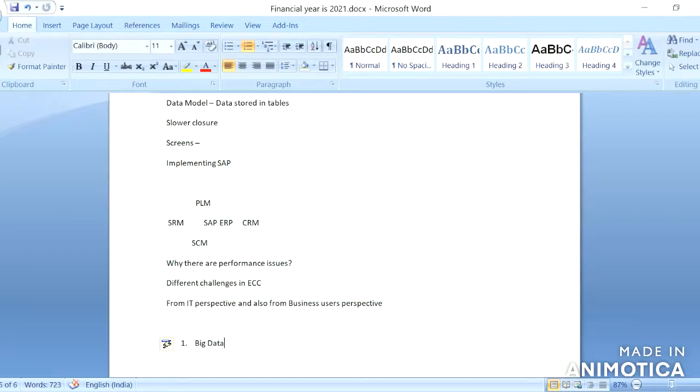Likewise, even in SAP, we know day by day how much data is getting accumulated with the transactions which are getting posted. That too, each transaction is getting updated in many tables, which increases the memory of the data.